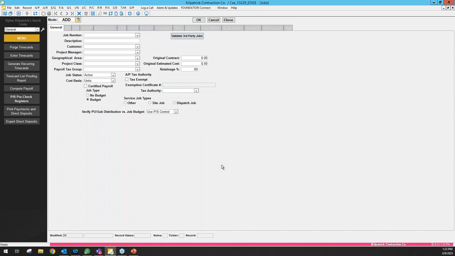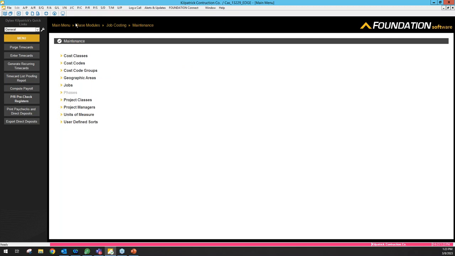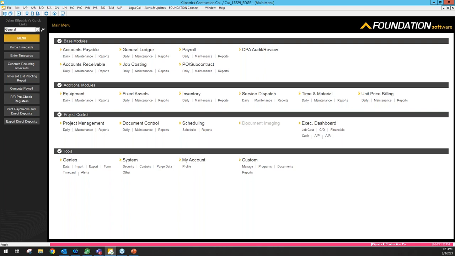Once the estimator says it's good to go, they push, and then you pick it up in the accounting end. From there, you're going to have all of the benefits of doing job cost accounting within Foundation. We're going to be able to get our job cost reports when we use the system. So if I have an accounts receivable invoice or AIA billing that I need to do, I run those through